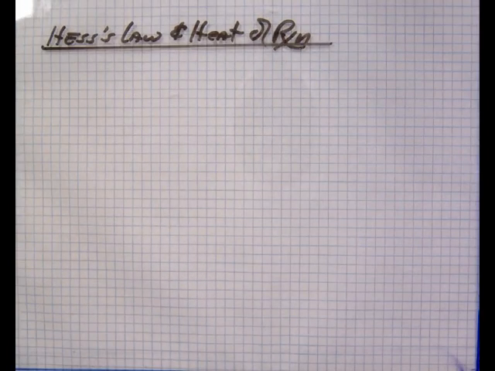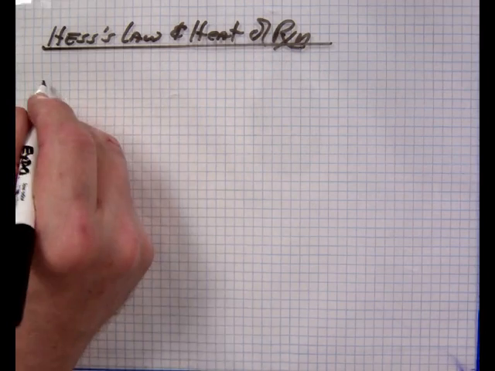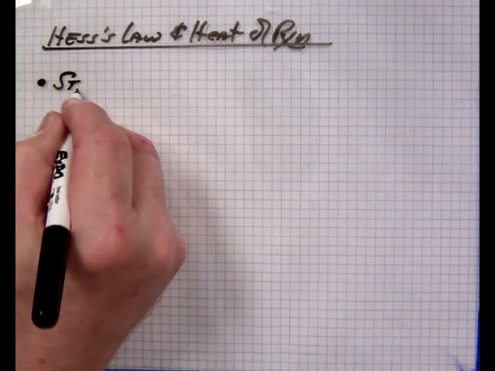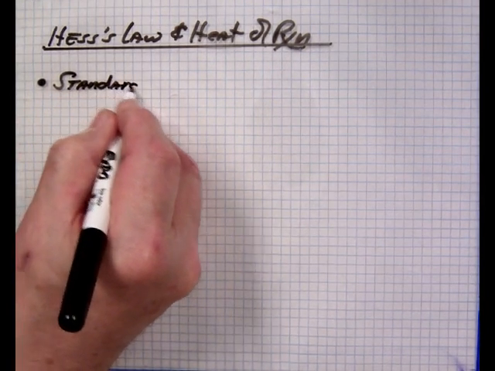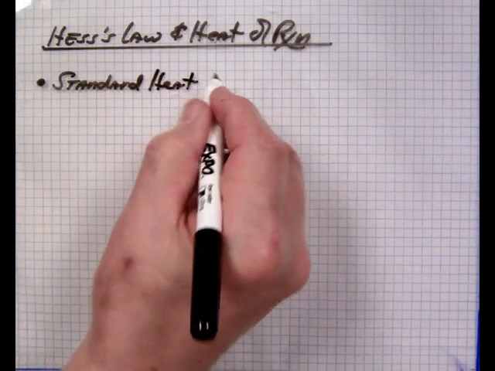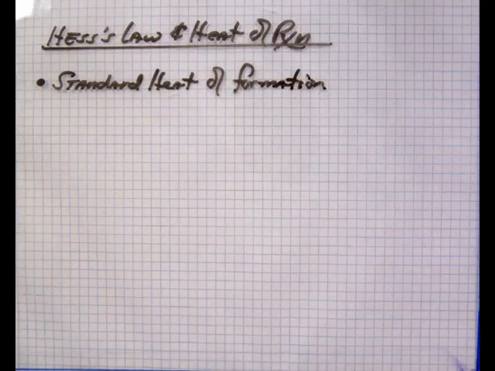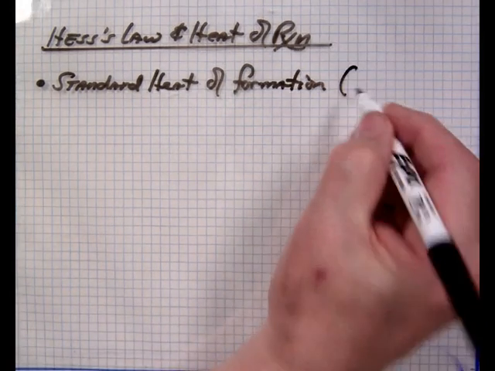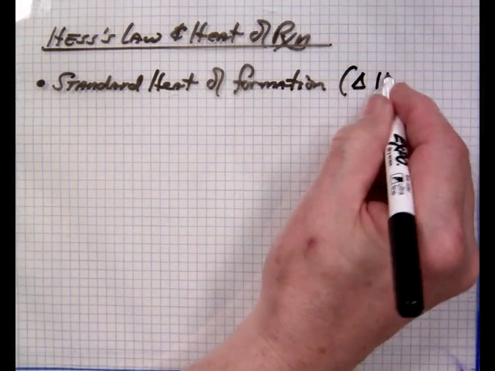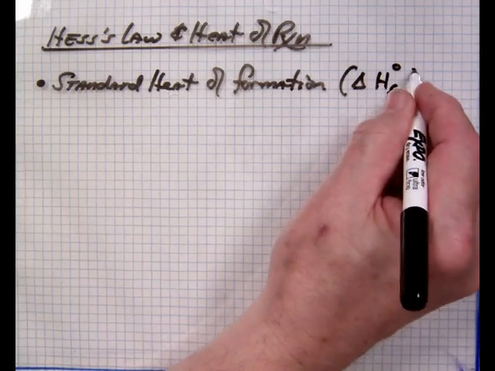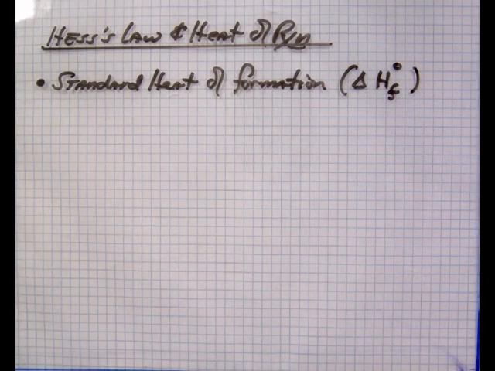To be sure you understand is the concept of standard heat of formation. Standard heat of formation of a substance has a symbolic representation, delta H subscript F with a little circle at the top, like that. That's standard heat of formation. Now, standard heat of formation, by definition,